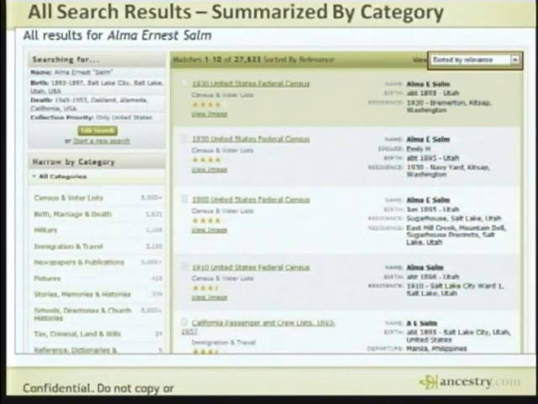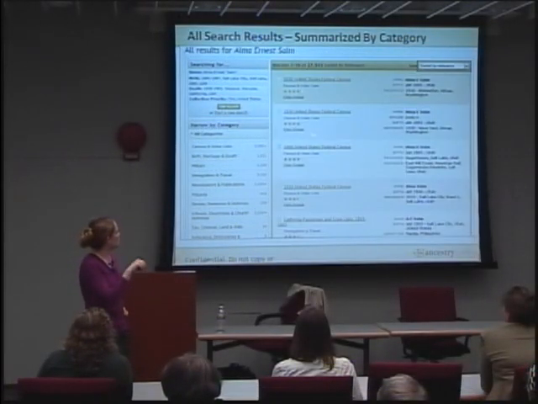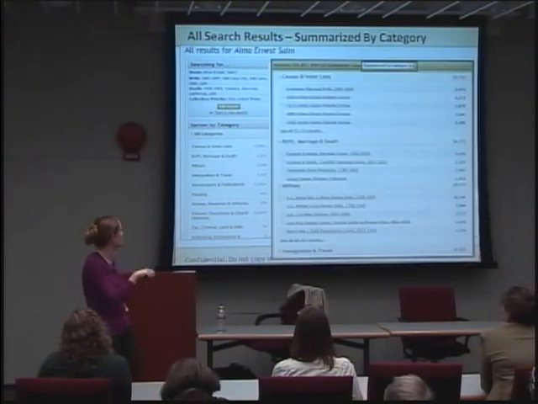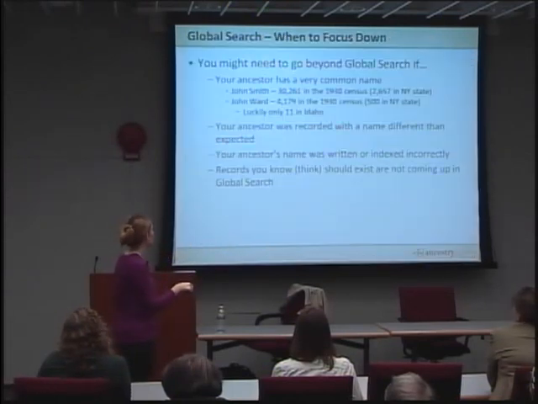One other thing, this is back to the 27,000 screen. Now these are ranked and sorted by relevance. They're sorted by the stars, the matching here, on how close. If I were to click on this arrow, it would give me a drop down and another option. And if I choose that option, it's going to be summarized by category. So instead of being individual results from different databases, going from 1930 to 1910 to 1900 to 1910 to the passenger and crew list, these are all different databases on Ancestry, telling me how many results are within each. You can toggle between the two. From here, you can again get back to sorted by relevance, so you can go back and forth.